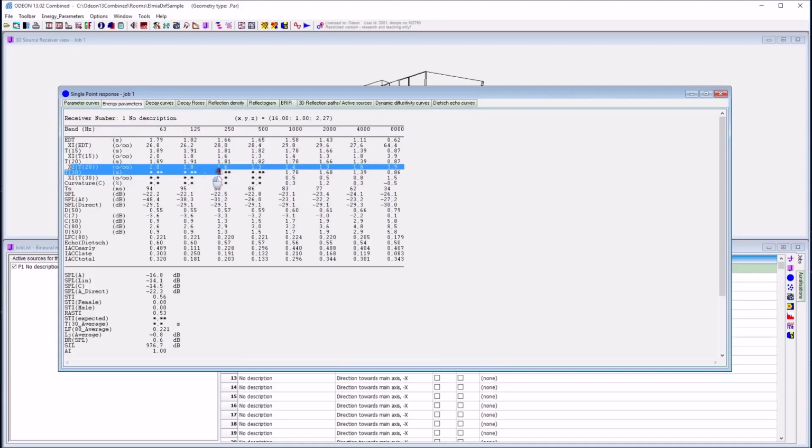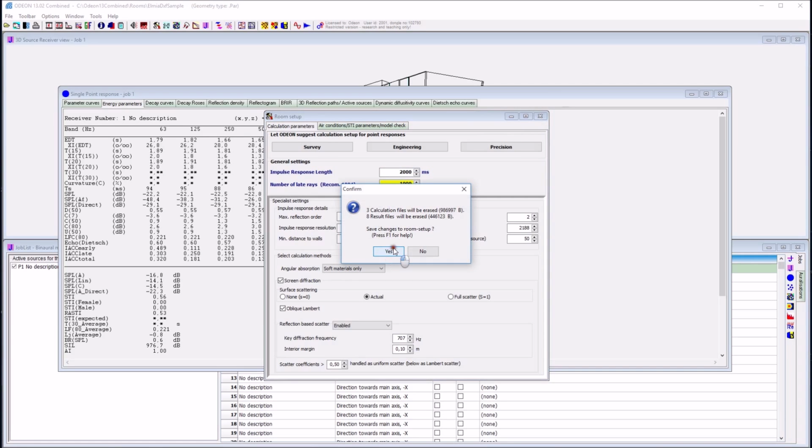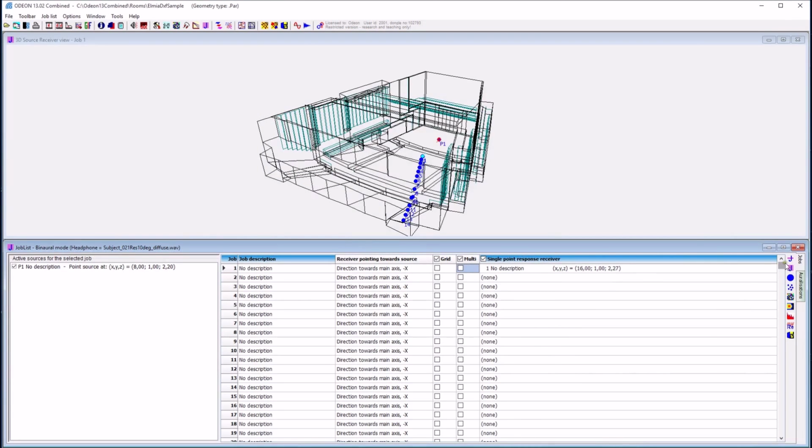And this is not by accident. I wanted to show you, because it's a common error, that here we get stars for the results, and that's because the impulse response is too short in order to calculate T30, which requires at least 35 decibel of the decay to be present. So we go into the room setup, and we should specify a more relevant impulse response length, and we could select 2 seconds, as we learned before that the reverberation time is something between 1.6 and 1.8 seconds. This should be sufficient. So let's save it and do the calculation again.